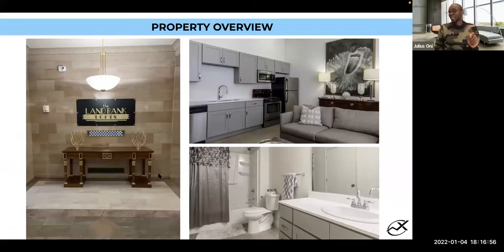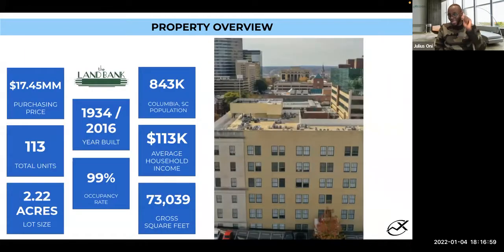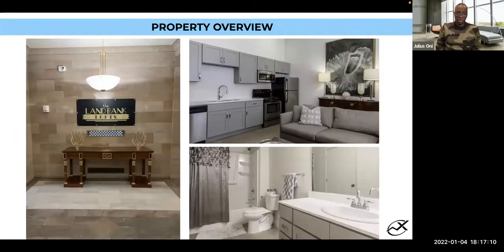Oh, and on the previous slide, I forgot to highlight that we are 99% occupied in the building currently. That has been the case since early November. That has not changed since we started to be interested in this property, and we don't expect that to change much. Usually, for those that don't know, when the property is 99% occupied, what that tells you is that the rents that the property is generating are most likely under market rents, and that will be proved later